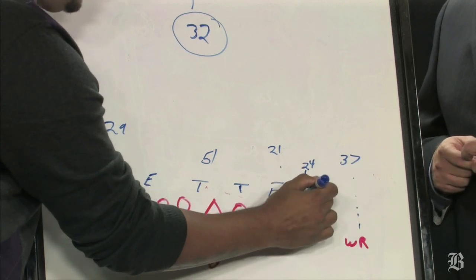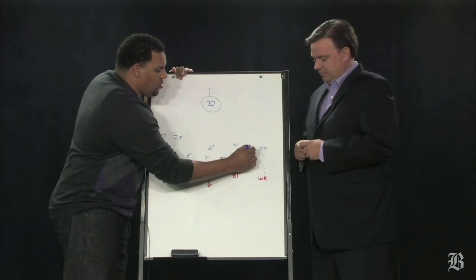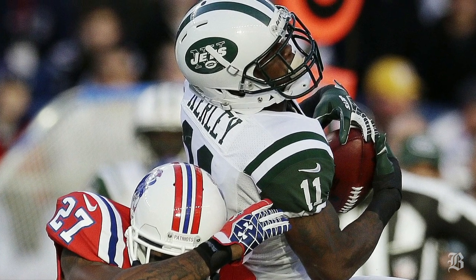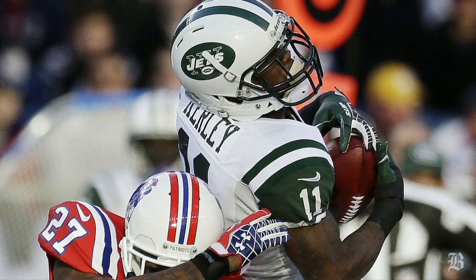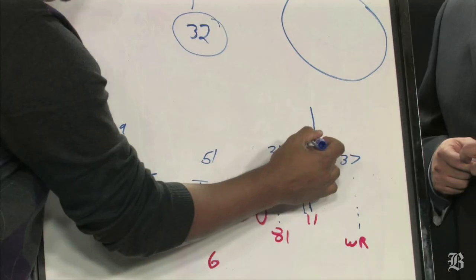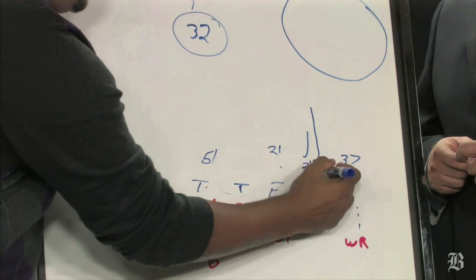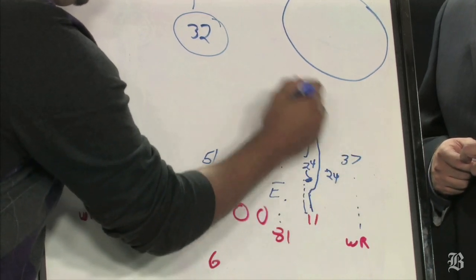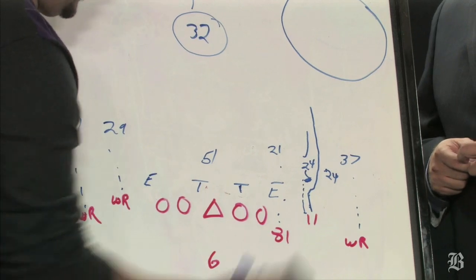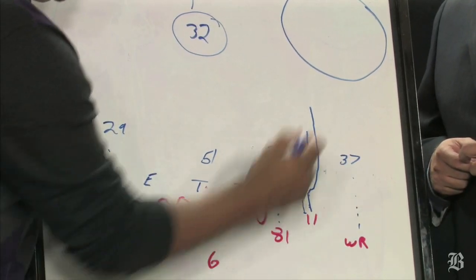And he's not physical, and you'll see Kerley just give a little move, and now what happens is as Kerley's running, you'll see Arrington, he's now in a trail or a chase technique, and there's nobody over here to help him out. What he wanted to do is now be on the other side. He wanted to be over here, so now if he threw a post, he knew he had middle of the field help. But he gets caught in a position where he's now on his inside,